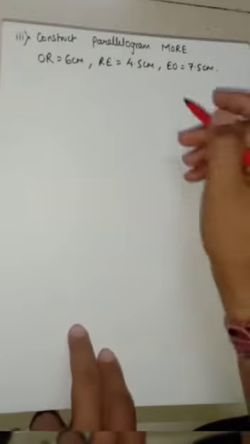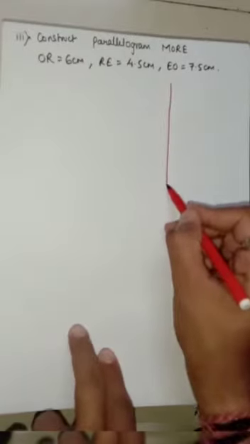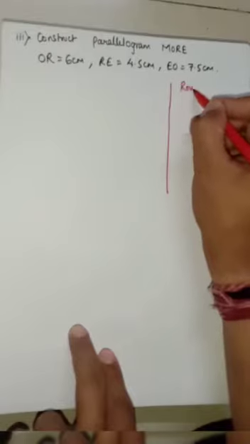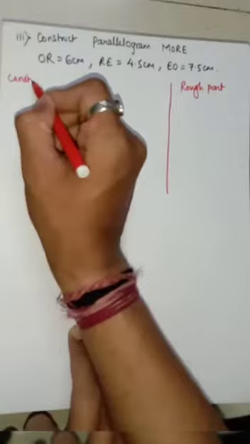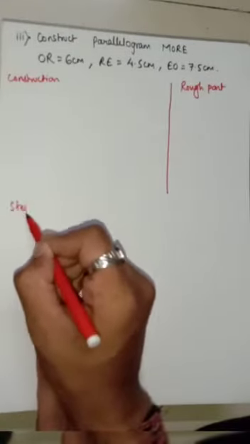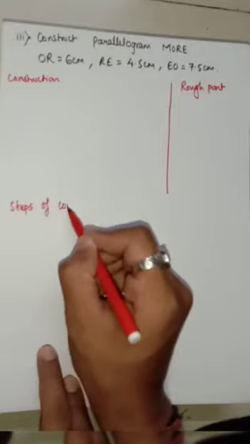So coming to exercise 4.1 question number 3. As I've told you, all the questions of this exercise will have information of four sides of a quadrilateral as well as a diagonal, but we have to apply some logic also here, right? As in all questions, this will be the rough part, this will be the fair construction part, and here we will write the steps of construction.